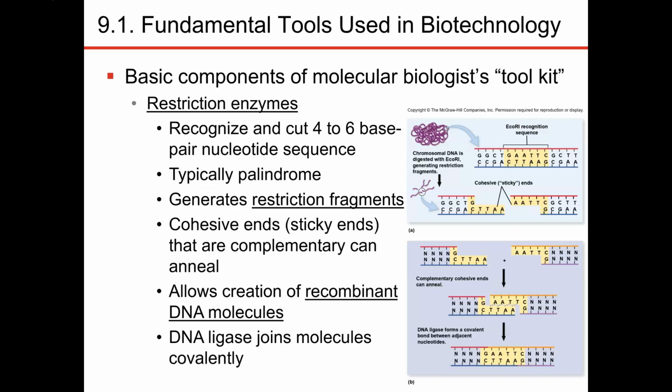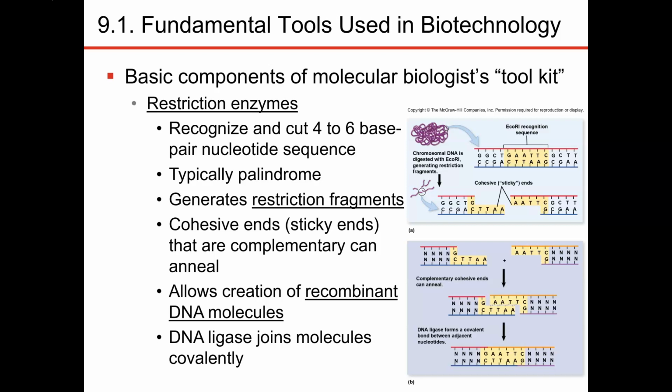Restriction enzymes don't care what DNA they're cutting up. They will cut up bacterial DNA, viral DNA, and animal DNA. They don't care. And a lot of times when they cut, they produce restriction fragments that have sticky ends. Sticky ends are what we're looking for so that we can combine these sticky regions with new DNA, allowing us to produce a recombinant molecule. And then DNA ligase will come along and join the